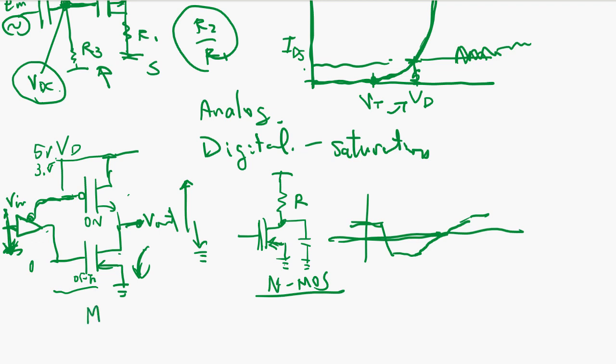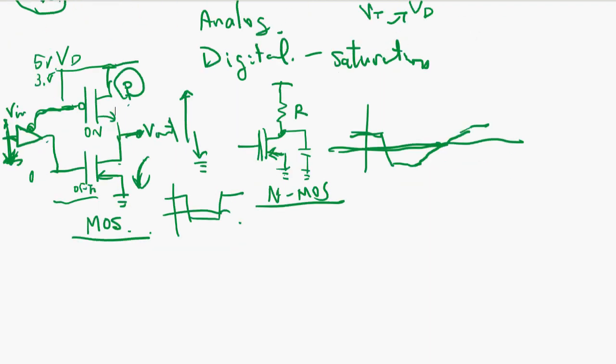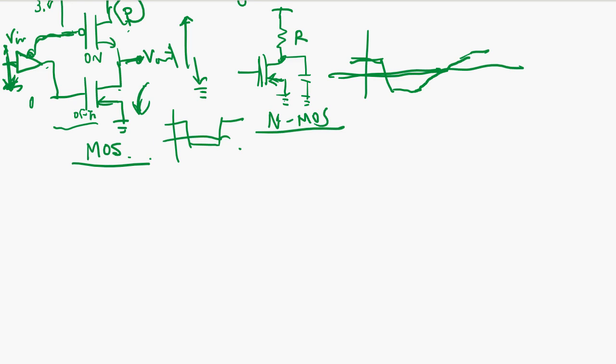This is CMOS, with a P channel on the top. Okay, then it's going to be much better switching characteristic. Also, NMOS didn't have a problem, but this CMOS has a new problem. What kind of problem? When you drive,